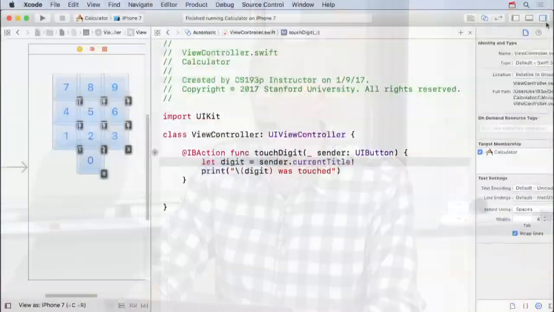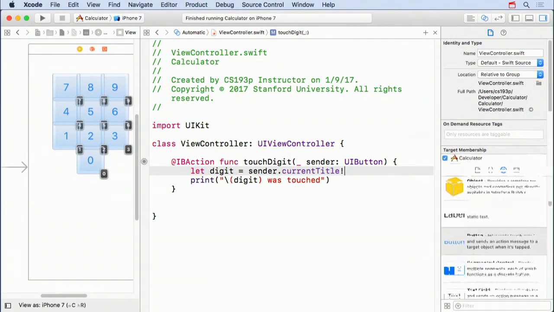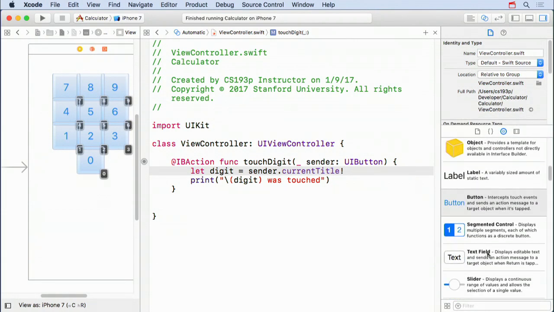Now let's put them in the calculator's display. So we need to add a display to our calculator. So we're going to go back to our area here, go down to the bottom half. Now be careful not to grab text field here because that's editable text. And in a calculator, you can't click on the display and edit it. You type the numbers to put your numbers in. So we're going to use this one up here,